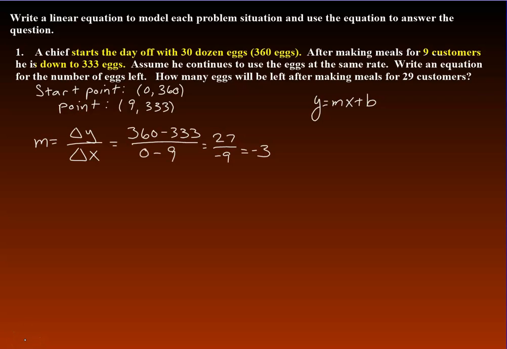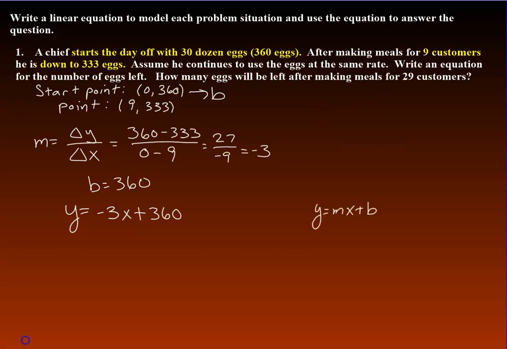Now if we remember, starting points are the b value. So b is actually 360. So we have y equals negative 3x plus 360. And now it matches our slope-intercept equation. Okay, now that we found the equation,